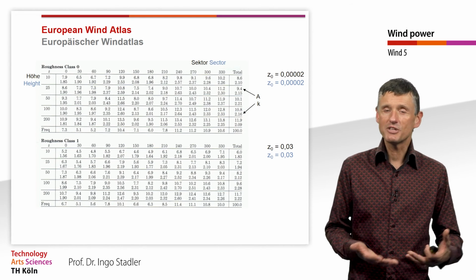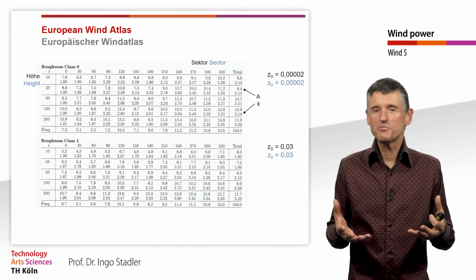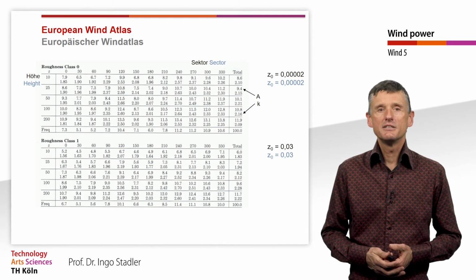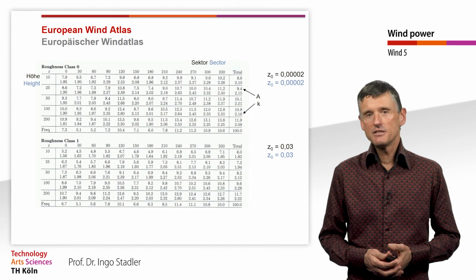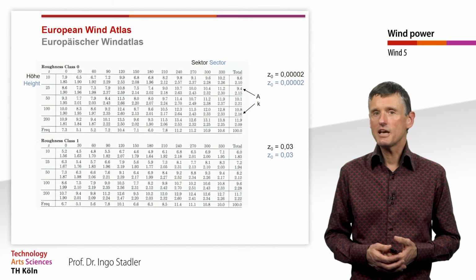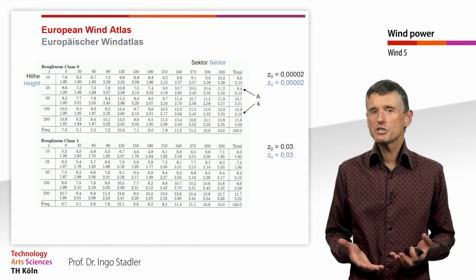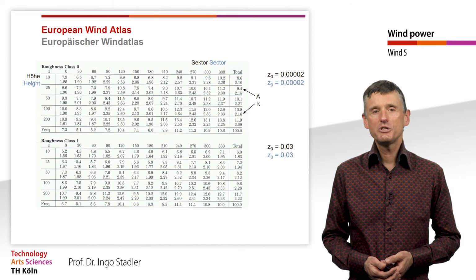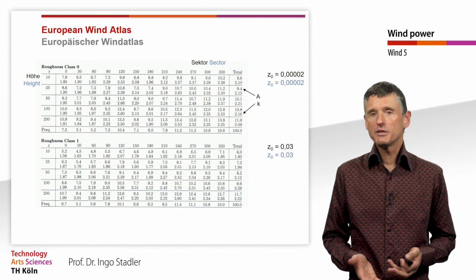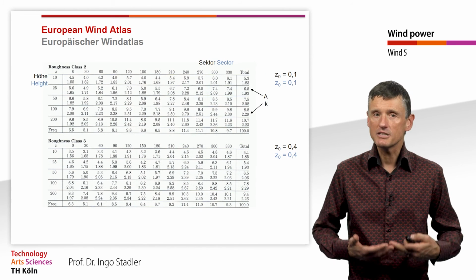So it was good that we have dealt in other videos with the Weibull distribution, because all the wind speed is just expressed by those two numbers. And what we get then on the complete right is the Weibull parameters for different heights, the average over all the different wind directions. And then we just repeat the same in the lower table for the roughness class number 1, but the information is the same. And then we have the roughness class 2 and the roughness class 3.